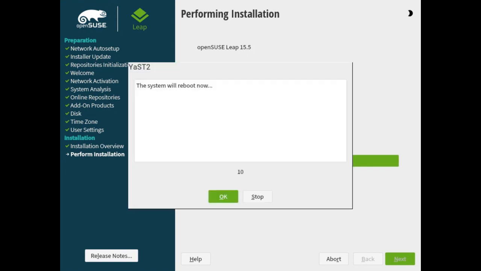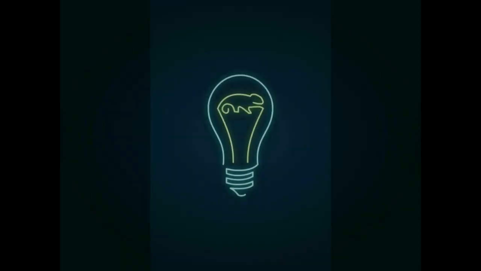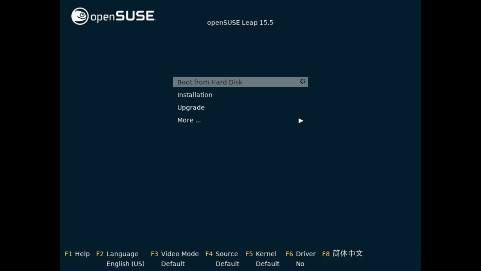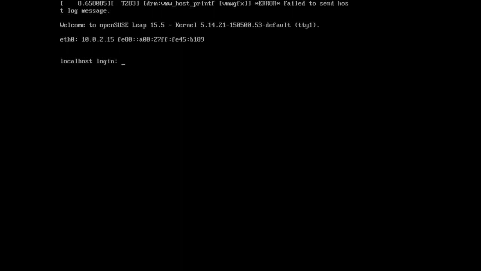Once the installation is complete, remove the USB drive and reboot your system. Log into your system